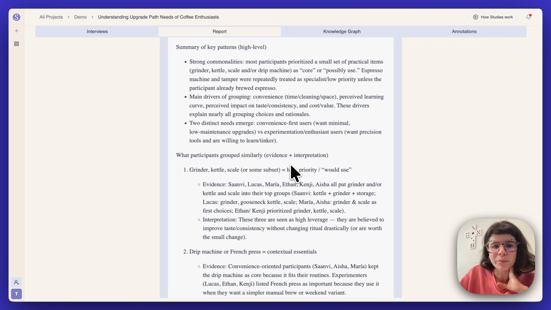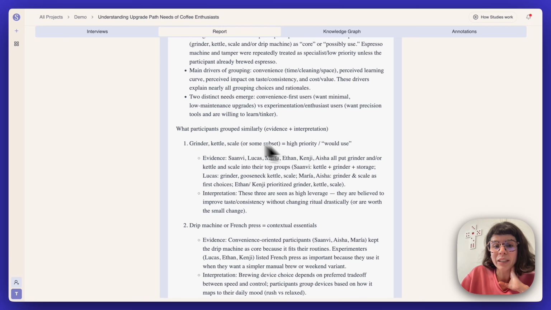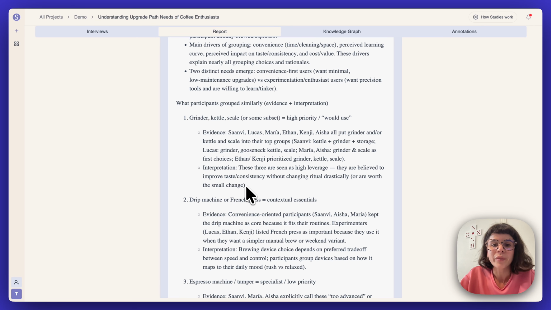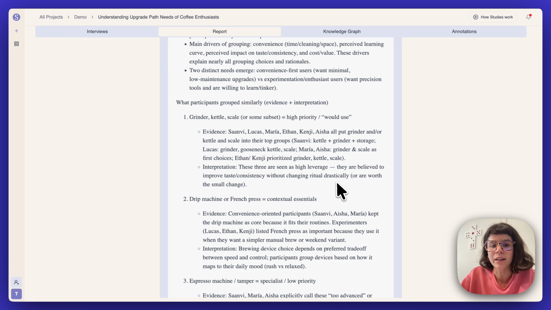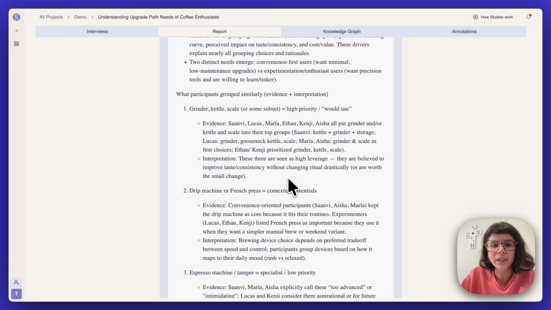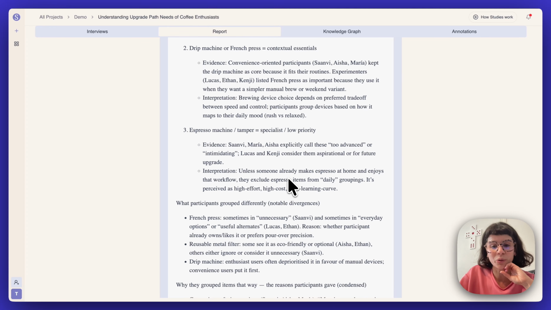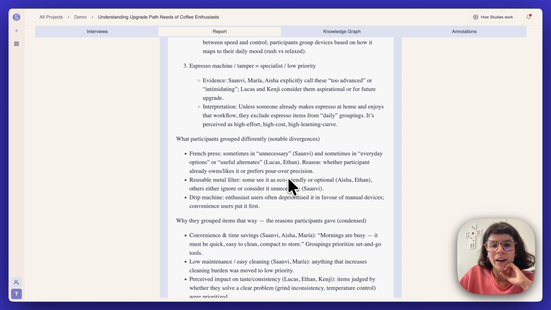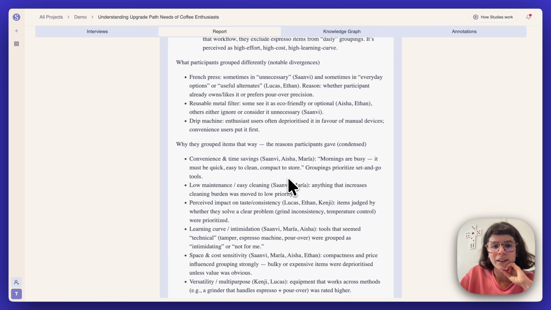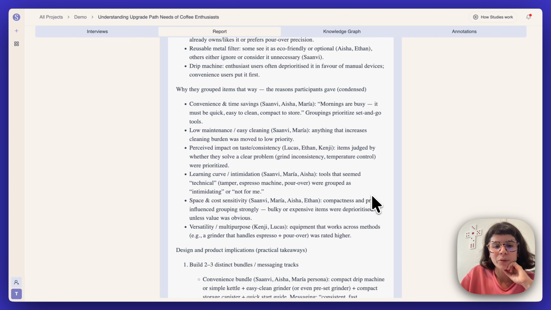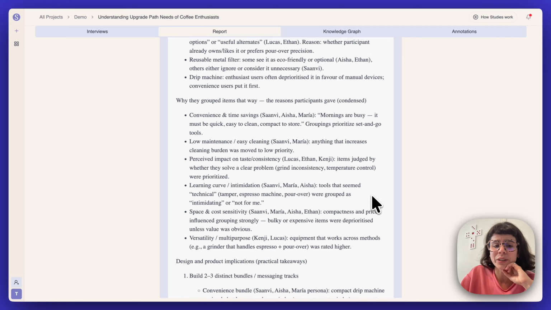Okay, what they grouped similarly. Okay, so here we have everything with their evidence and their interpretation. And the agent is also mentioning who were the synthetic users that picked this kind of grouping. Great. So this is a very quick way to run a card sort. And I think, yeah, the rationale also is here, which is wonderful and a very easy way to get some